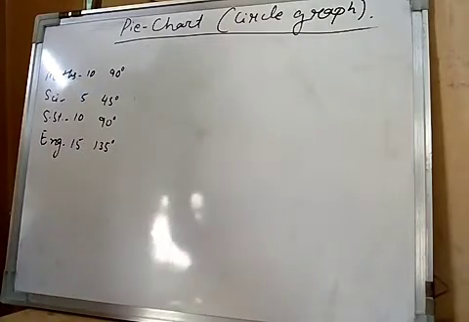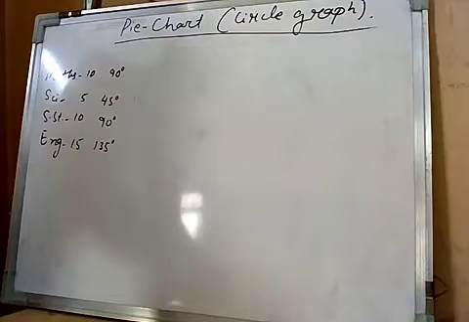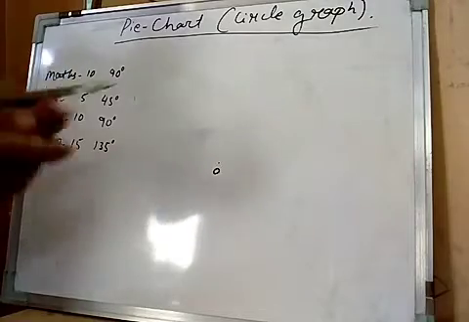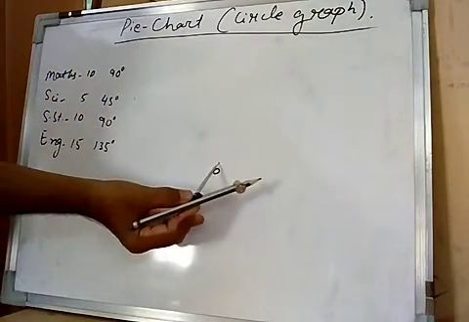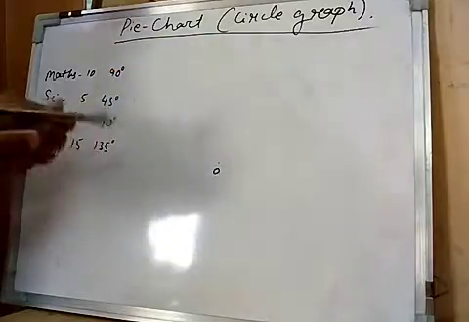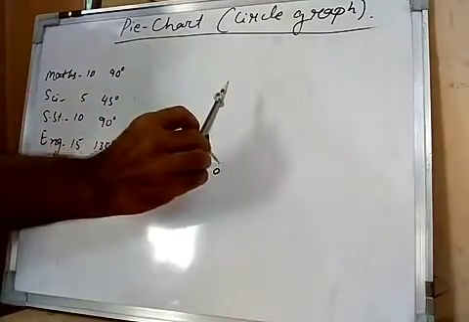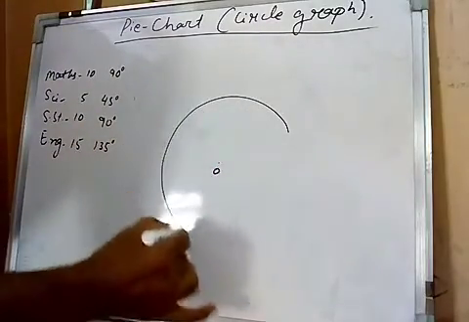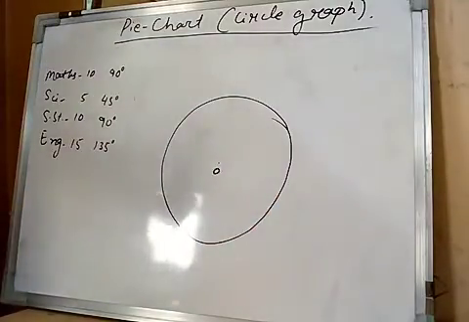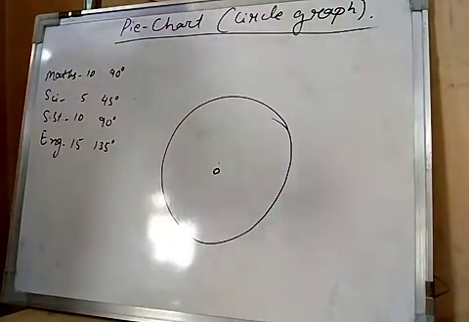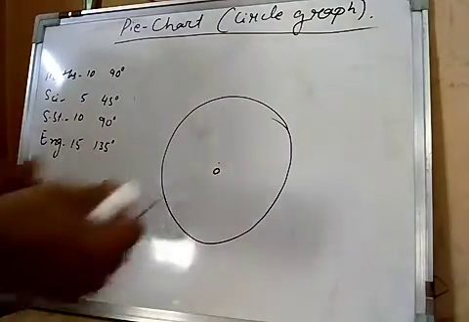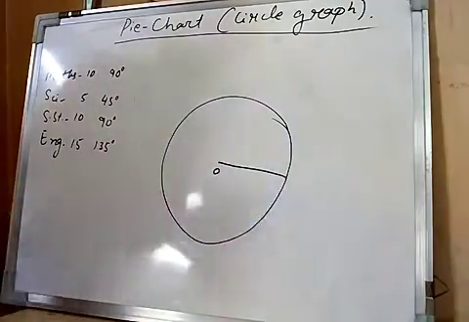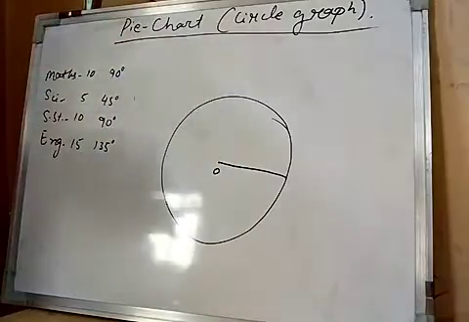So here first we will draw one circle. Take one point, for example O. By putting the compass needle at O, you have to make one circle with the help of a rounder or compass. So this way one circle can be formed. For example, this is a circle. Now make one radius by joining any two points here. This is one radius. Okay, this is the base for the first angle.